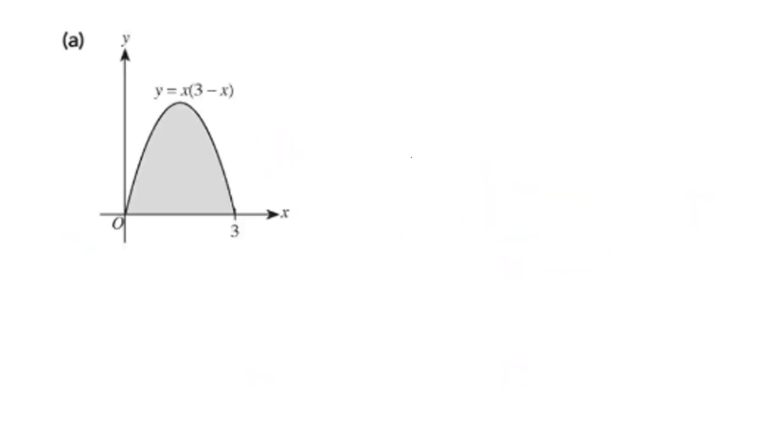Let's do one example. Let's examine this curve. This curve has a function that's given by y equals x(3 minus x). Let's check if this curve is bounded. Yes, it's bounded, that means the region that we are finding is underneath the curve, and it's also bounded by the x-axis. And the limits given to you are from the x-axis. So to find the area of this curve, the area of the shaded region,